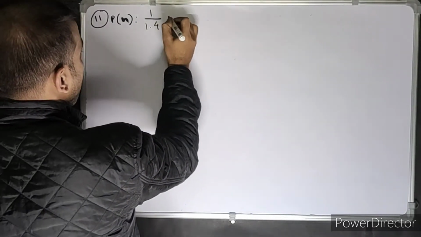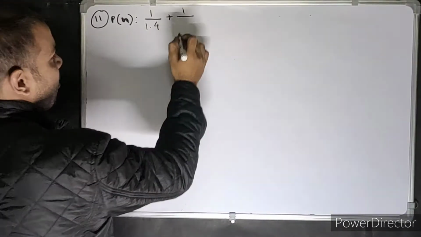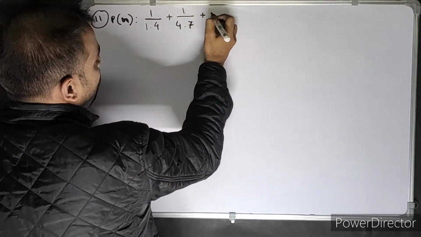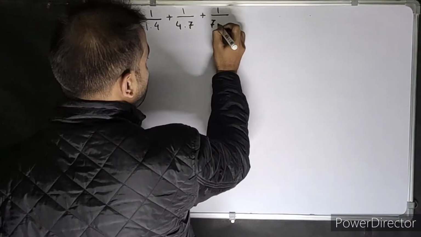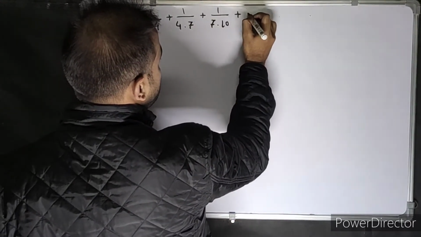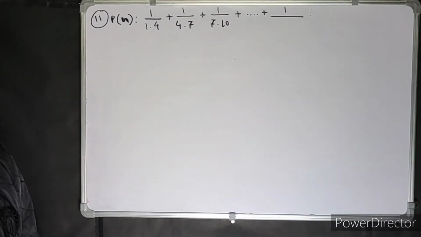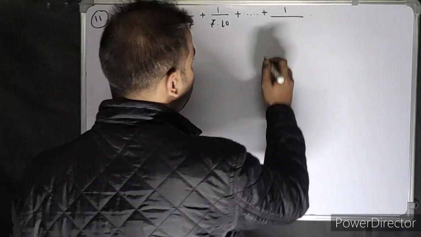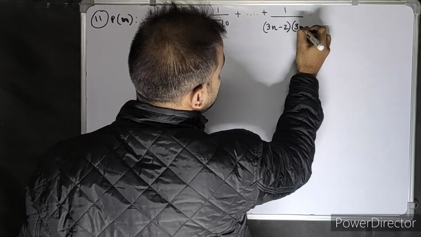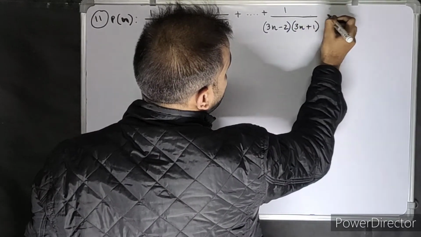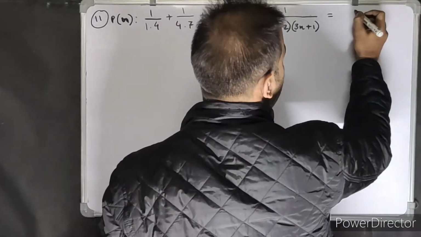1.4, meaning 1 into 4, plus 1 divided by 4 into 7, that is 4.7, plus 1 divided by 7.10, meaning 7 into 10, plus and so on up to 1 divided by 3n minus 2 and 3n plus 1. First is 3n minus 2 and this is 3n plus 1, is equal to n divided by